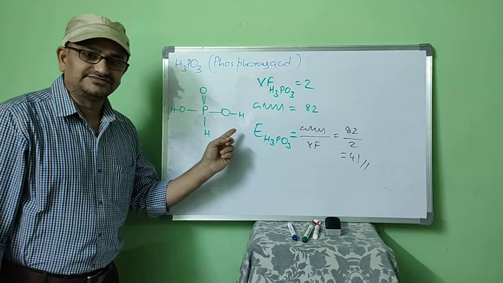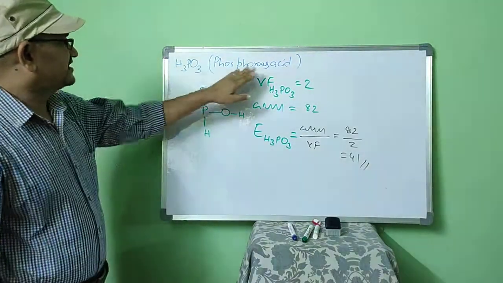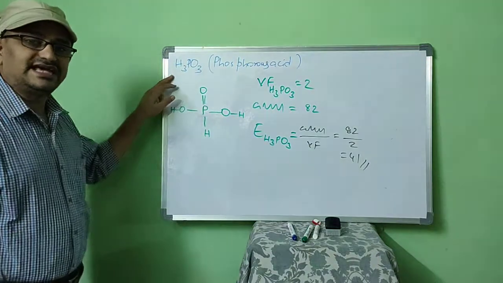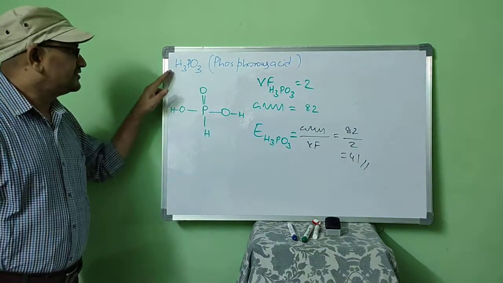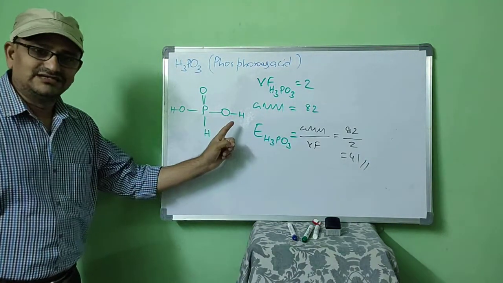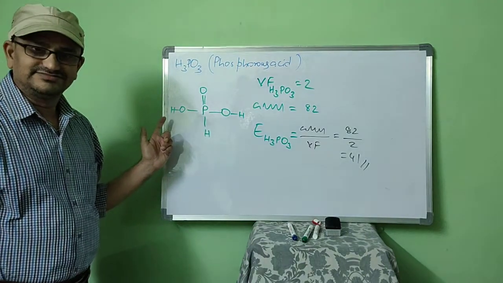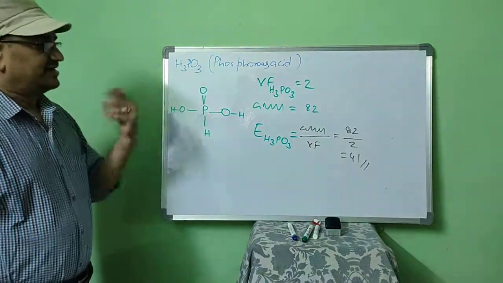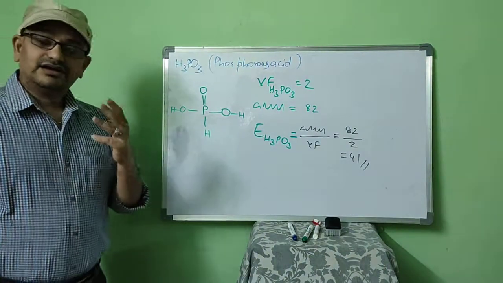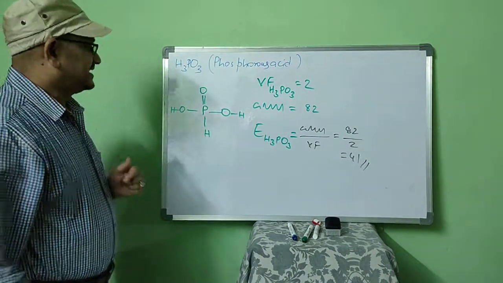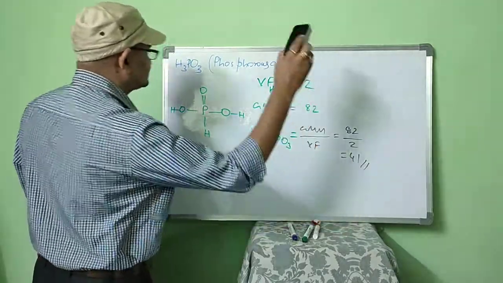So in this way, from acid to acid, we have to observe properly the valency factor of that acid. For example, in this phosphorus acid, even though 3 hydrogens can be seen in the formula, out of 3 only 2 are replaceable, because only 2 are connected to the more electronegative atom, that is oxygen. Is that clear? Now, let us take one more acid, that is H3PO2.